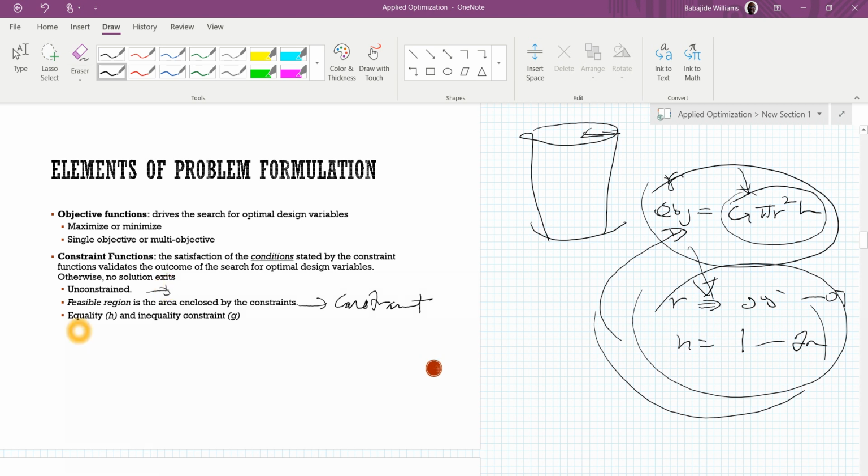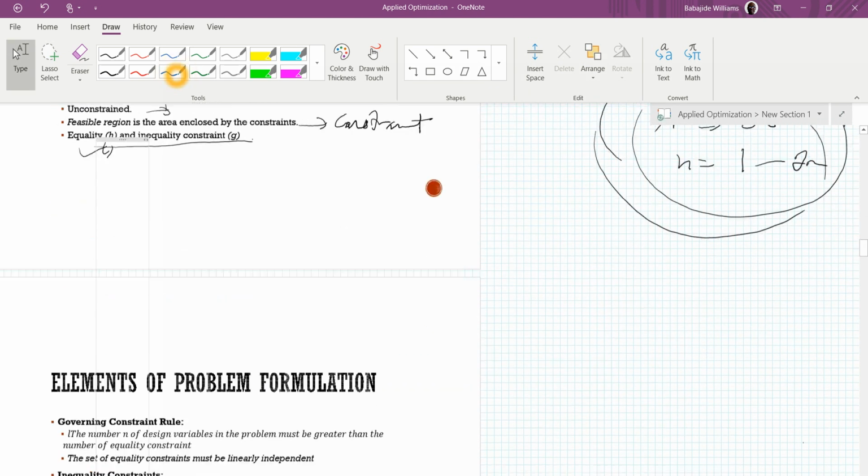Also, you have the equality constraint. The equality constraint is represented by h, and the inequality constraint is represented by g. Just what do I mean by that? So you could have